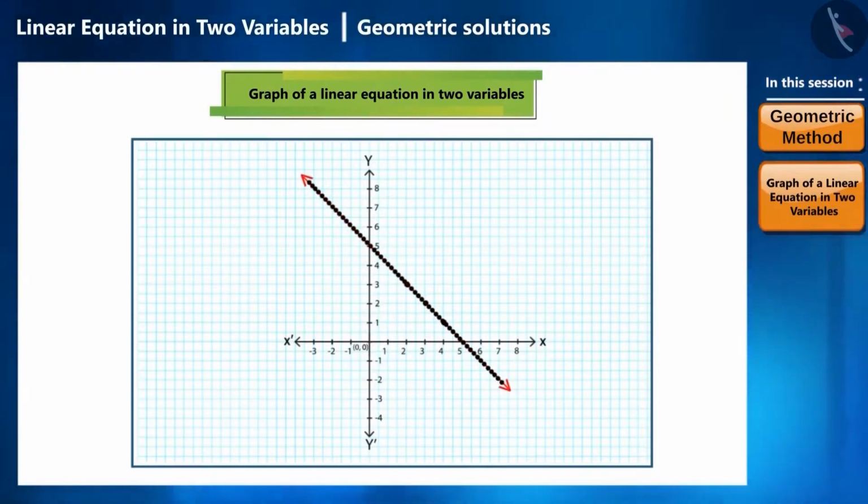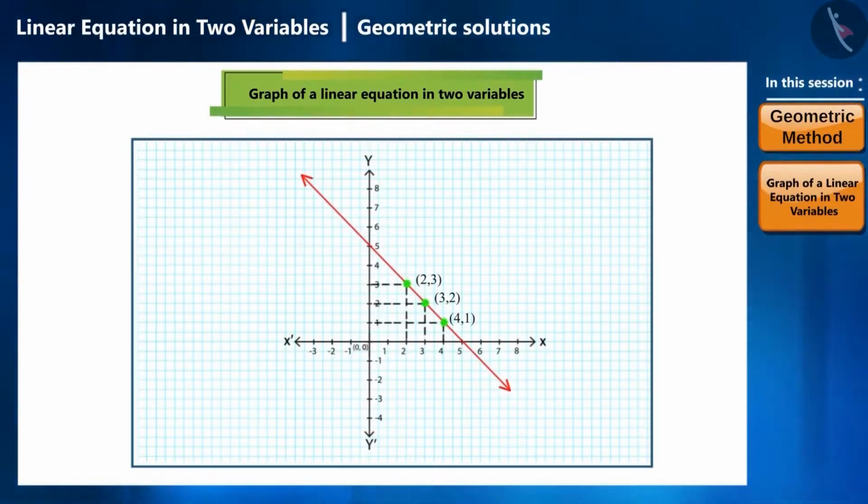That means every point on this line is a solution of this equation, which we can get by putting perpendiculars on the x and y axis. The 3 points that we considered earlier and constructed this line are the solution of this equation. Apart from this, there are infinite solutions to this equation. No other points outside this line are the solution to this equation.